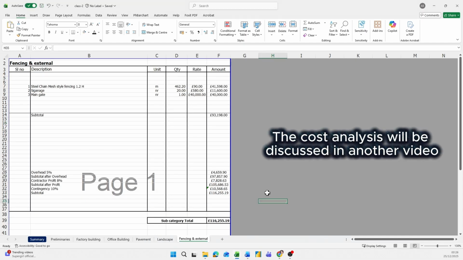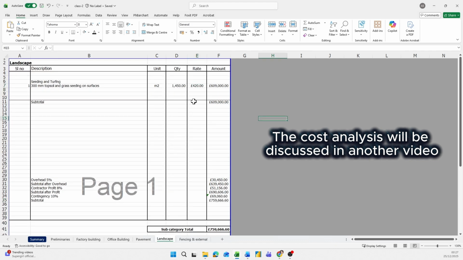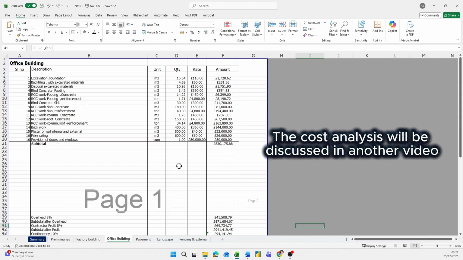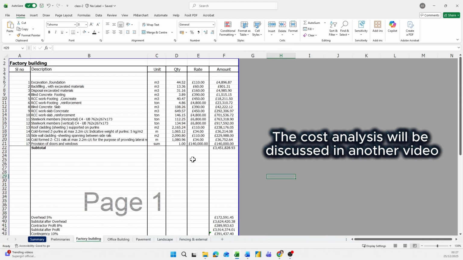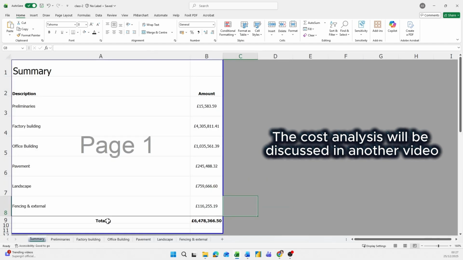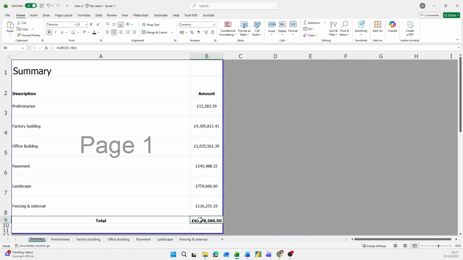Now I have already priced it with the current market price. Landscape, pavement, office building, factory building, and preliminary. We set up the preliminary as well. And this is the summary. This is the total amount of the project budget,